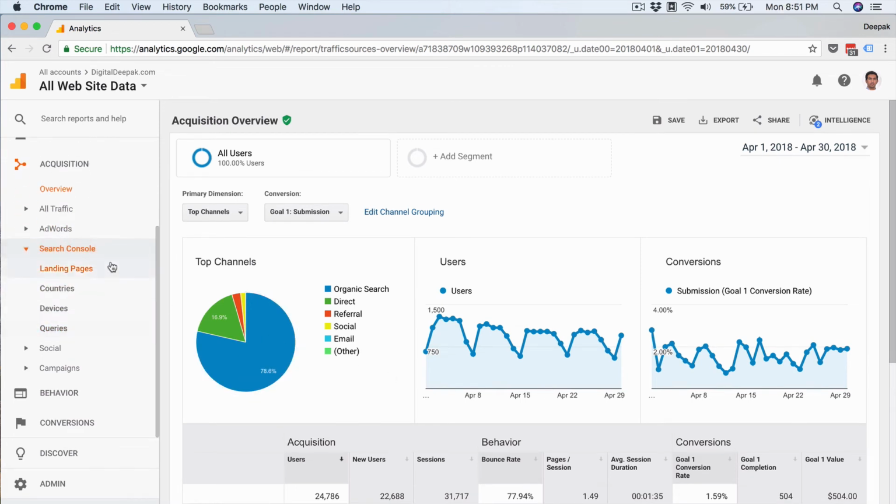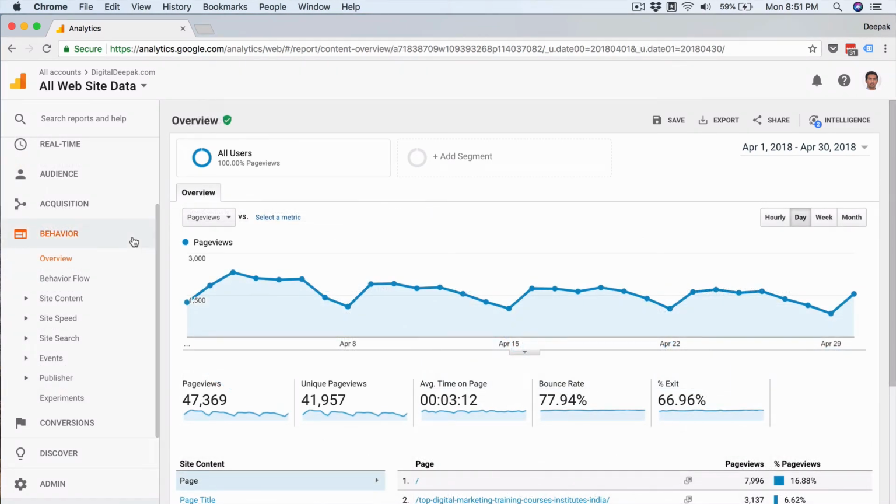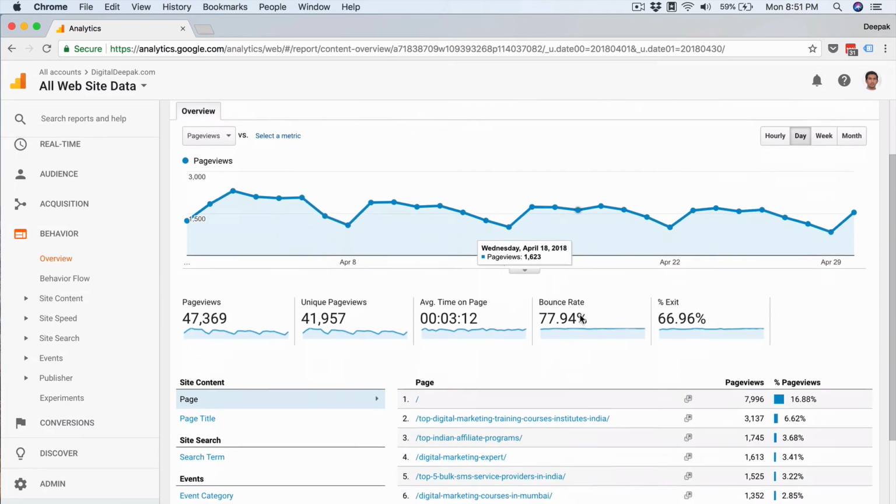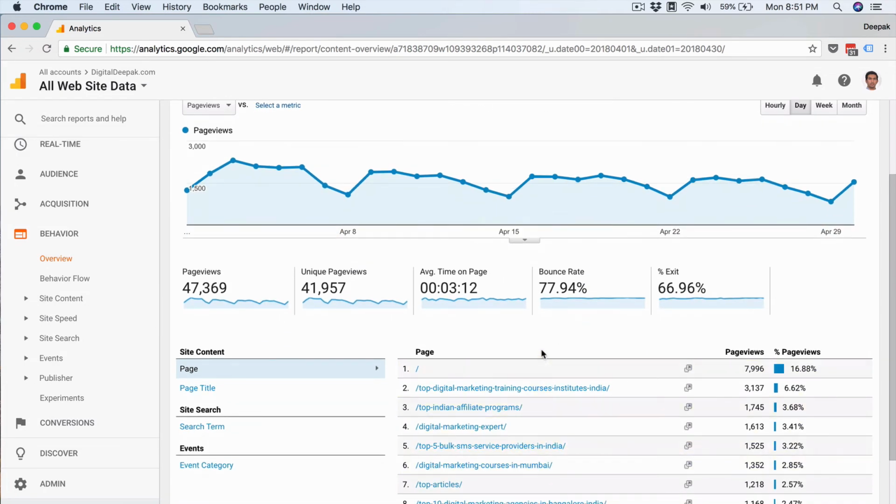Within Search Console, you can see data from Search Console. That is also something we will cover in a separate video. It is recommended that you link your analytics and Search Console accounts. It's pretty simple; you can do it with a few clicks. There is certain data that analytics cannot take, and Search Console is going to take that data and feed it into your analytics account. As soon as you click on behavior overview, you will be able to see the page view report, and you will be able to see the top pages that people are visiting inside your site.